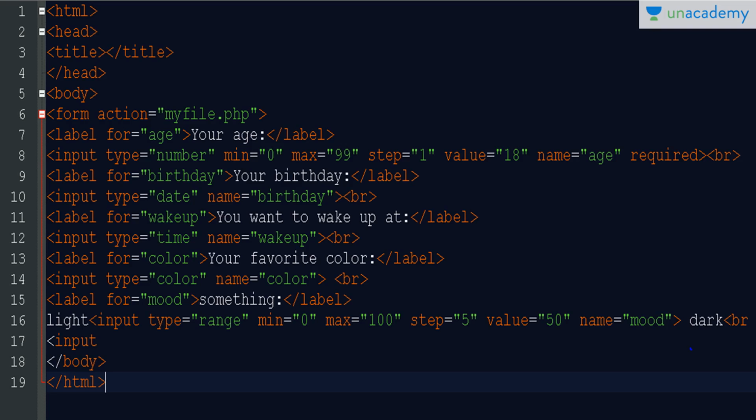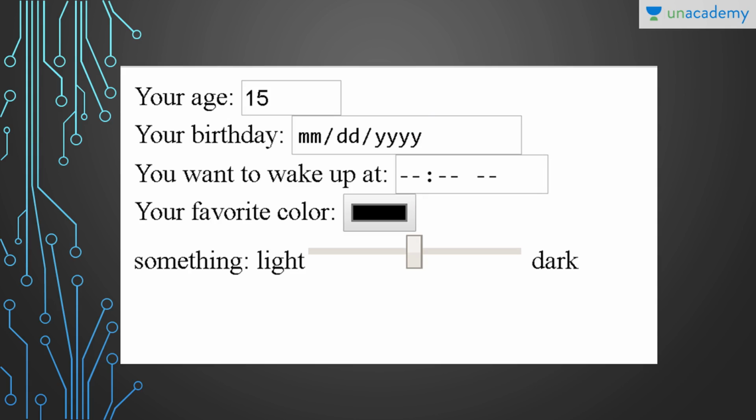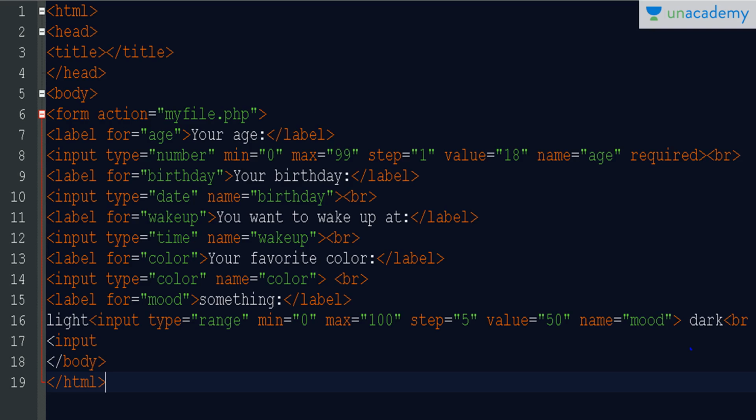Now the other one is 18. This is a pre-generated value in our input type. Here you can see that the value is 18. So whenever I launch my page, the value will automatically be 18 here. Without any input the value will be 18, and the user can change it using the text field and the arrows which are available here. So in this way we can pre-assign a simple value in our input, right?